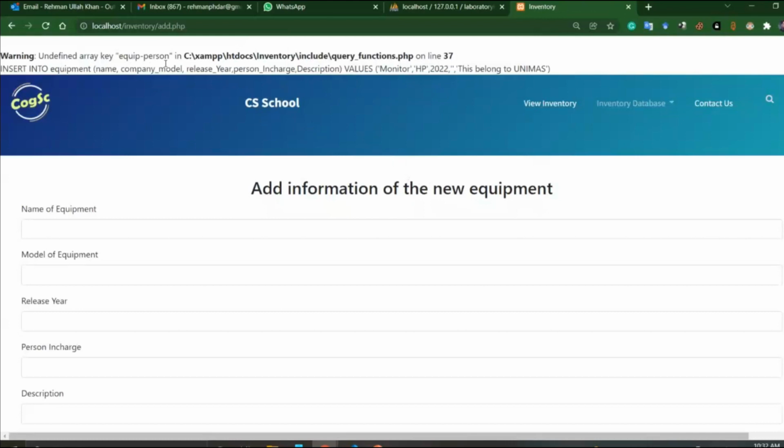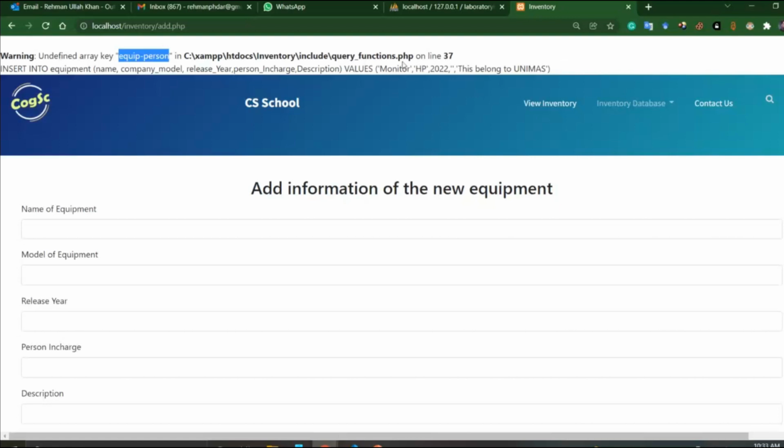Undefined array key person, equip person. So somewhere there is a spelling mistake here on line 31, and this query is generated for us. Insert into equipment name, company model, release year, person in charge, description, values. This is a text message in double quotation, HP. This should be okay. The only problem is this one at line 37, and